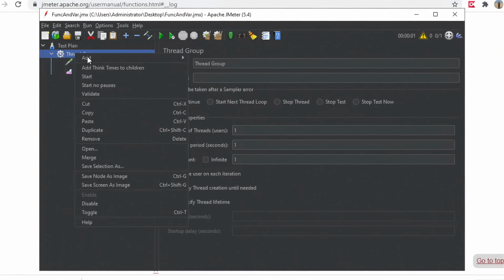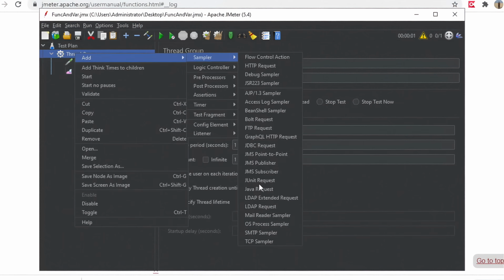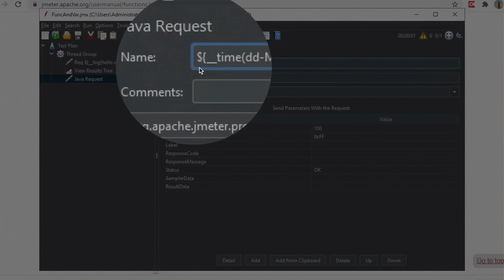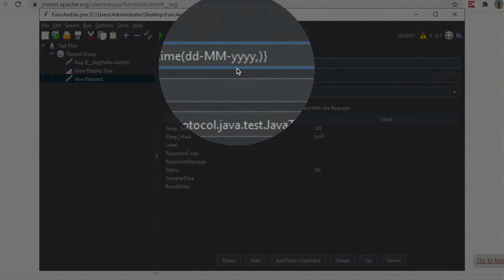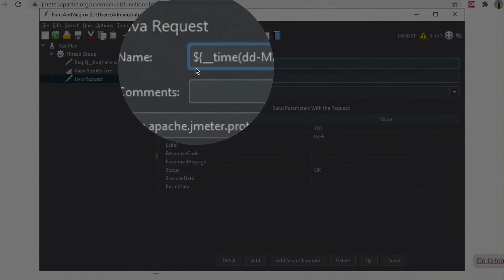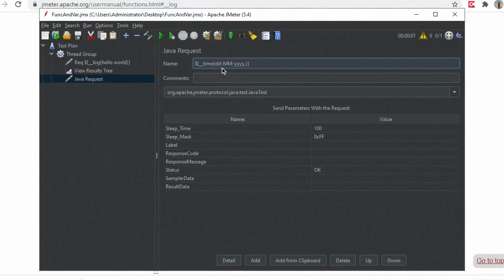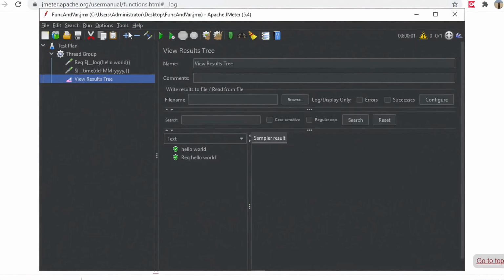and now I will add one more sampler for a Java request, and in place of name I am adding this function. Now I am just adding all these functions in the name for this demo only, just to show you how functions work and what will be the output. In the real world you will need to use them wherever you need in your elements or requests. So let me now take this up, and again I will save and I will clear everything and run,